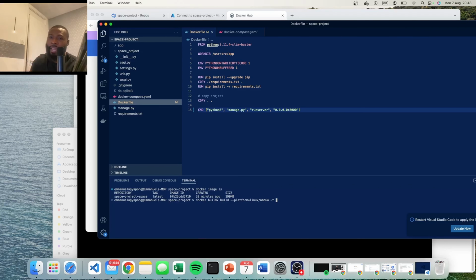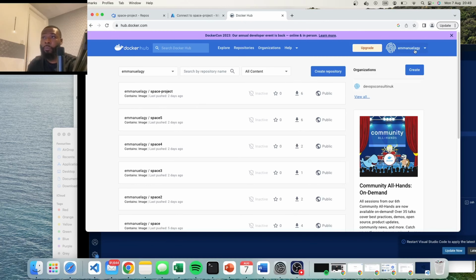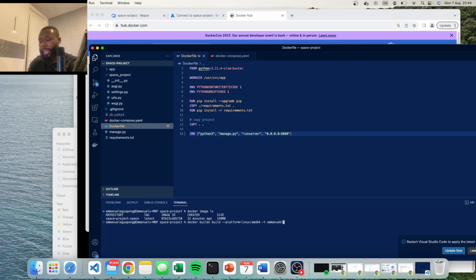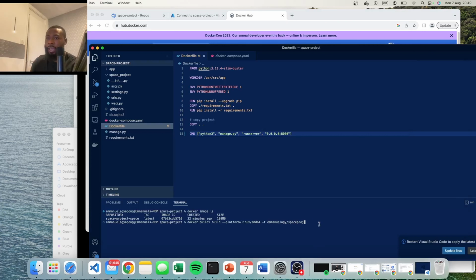So give that a name. For example, I want to give it a specific name. If we're going to push it to Docker Hub, it has to follow the format of your username. My username is Emmanuel AGY. So Emmanuel AGY / and then the name of the repository, or the name you want to give it. The name I'm going to give it is proj, because I've already got another one called project. So I'm going to call it proj. And when I press enter,